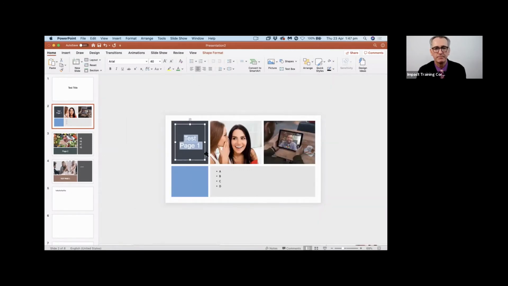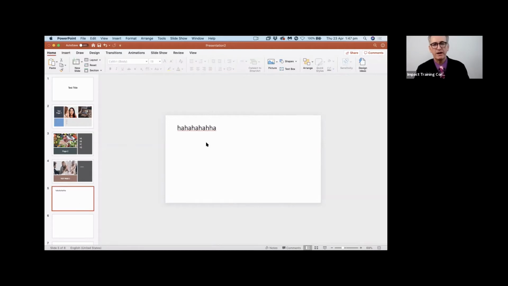There we go. So I want you to have a page 1 and page 2. The page 2 is exactly the same. You can type in any text you want to do there. But remember, when you go to page 2, you'll firstly do what the title is called. Test page 2.